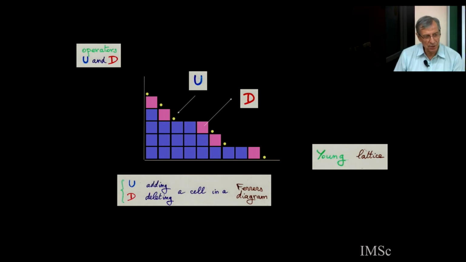So here is the classical representation of the Weyl-Heisenberg algebra defined by UD = DU + identity. This is what I call a combinatorial representation of this algebra. For operator U, you take a Ferrers diagram, and you take all possible ways to add a new cell to the Ferrers diagram. These are the yellow positions, where you can add a new cell to get a Ferrers diagram. And D is in the pink positions, the pink squares. These are all possible ways to delete a cell from a Ferrers diagram and get again a Ferrers diagram.